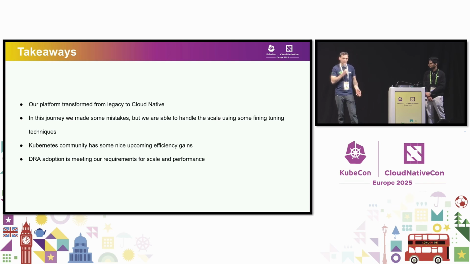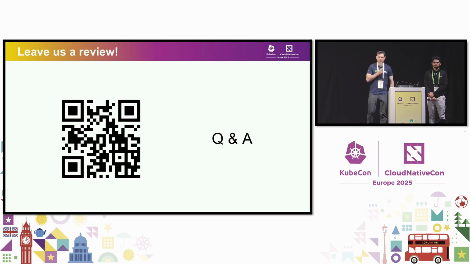And then finally with DRA, a really exciting feature that probably everyone is aware of. We're also really excited to use it. Really flexible way to allocate devices. Something that we're going to evaluate a lot and be rolling out into our production zones very soon. So very important for us. And Alay is going to be doing a lot of scale and performance work in that community. Okay, we'll take questions. Thank you, everybody.